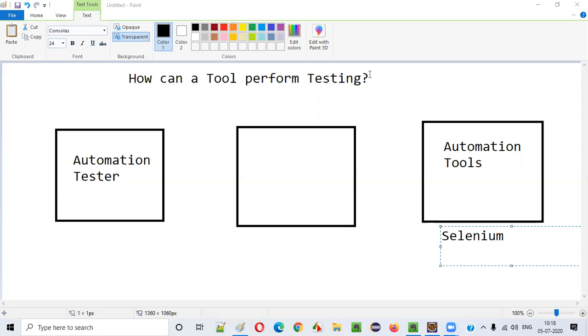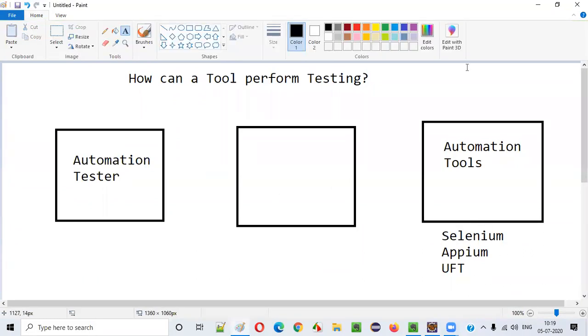Yes, a lot of tools. A lot of people know a lot of tools. I can see in the chat that a lot of people are very good in advanced mode, where they know all the tools. Yes, Surabhi is saying Appium. That's right. Yes, QTP, nowadays they are calling it UFT.